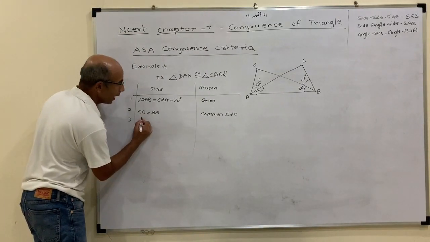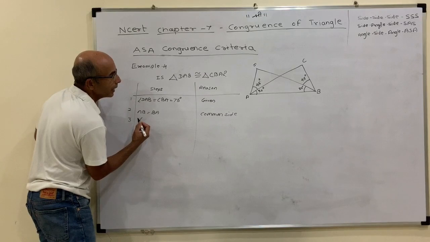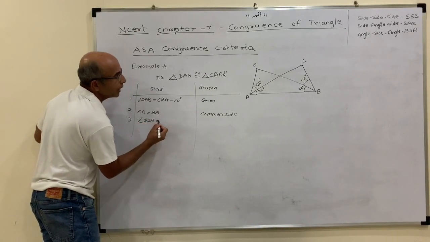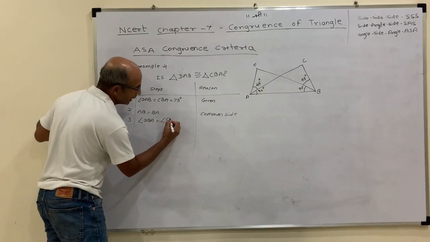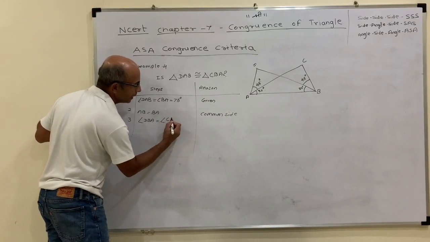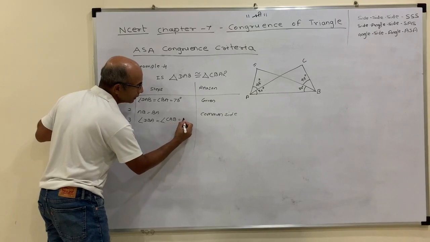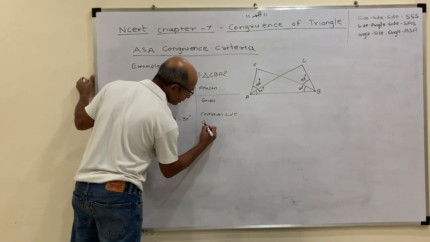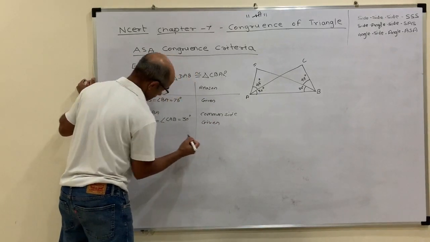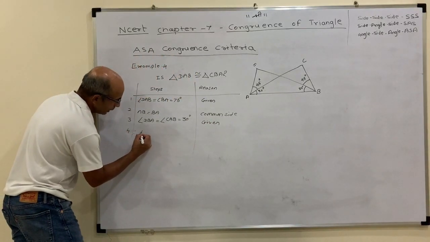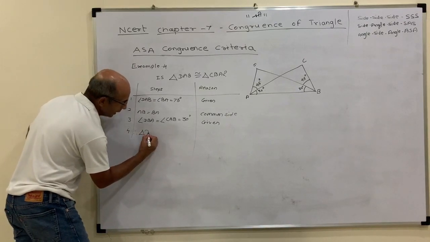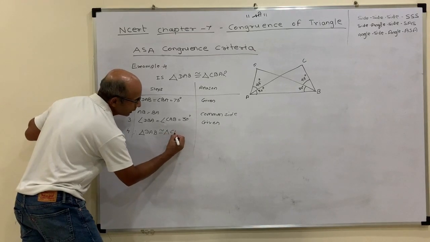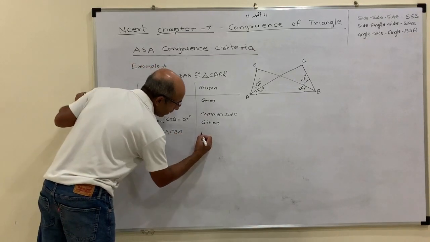Third, angle DBA equals angle CAB, which is 30 degrees, which is again given to us. Therefore, fourth, triangle DAB is congruent to triangle CBA by rule